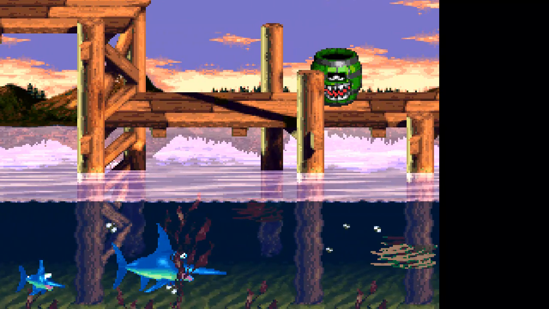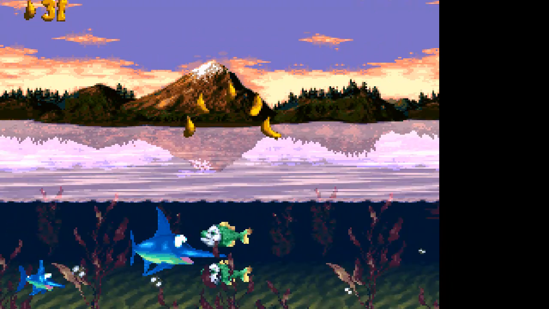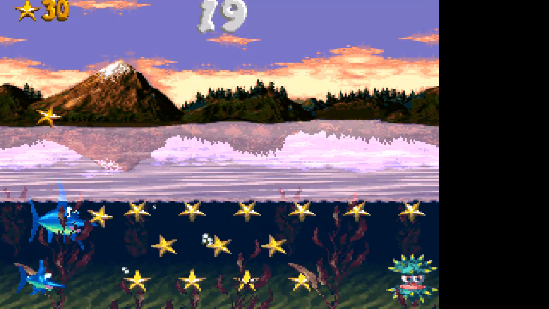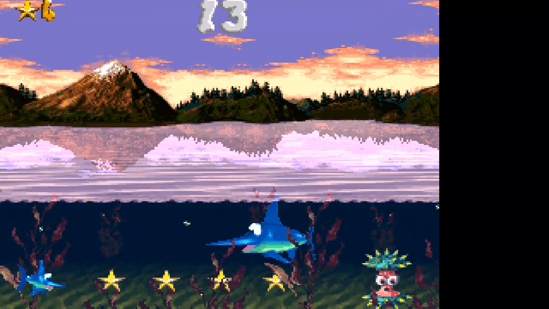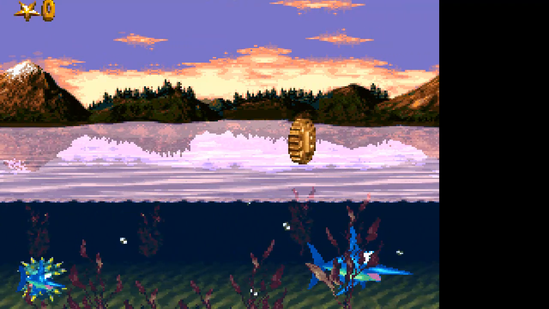If you go to the left, obviously this is where you can get Enguarde, which is the name of the swordfish in the Donkey Kong Country series. And that enables you to get to the first bonus in this level. And this one's really easy, it's just collecting 30 stars. The little guy in the middle, you can actually kill him if he's open. If his fleshy area is exposed, then you can just kill him. Just kind of spear him, but if...